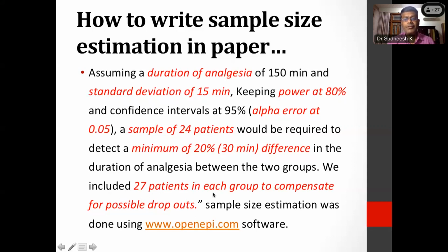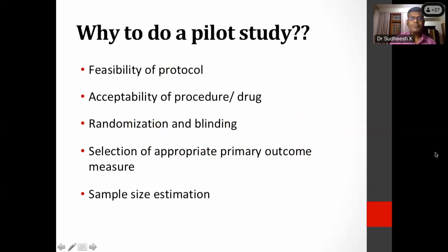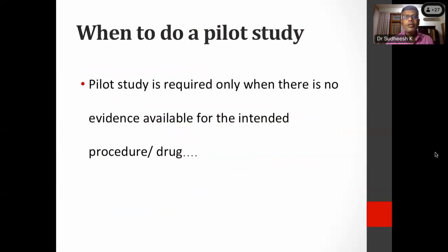So I've included 27 patients in each group to compensate for the possible dropouts, and the sample size estimation was done using www.openip.com software. If you write this way, the editor will clearly understand that you have done things in a proper scientific way, and that's how the chances of acceptance of your paper are better. Okay, then